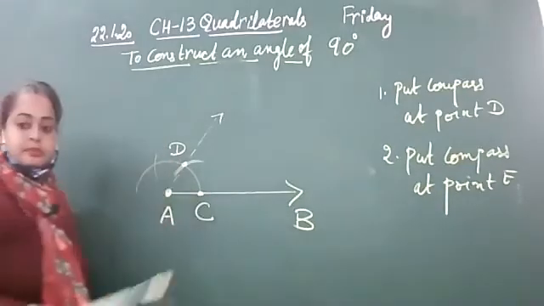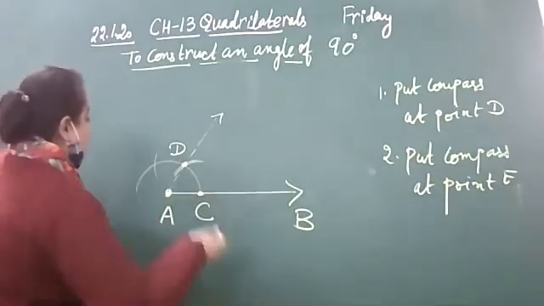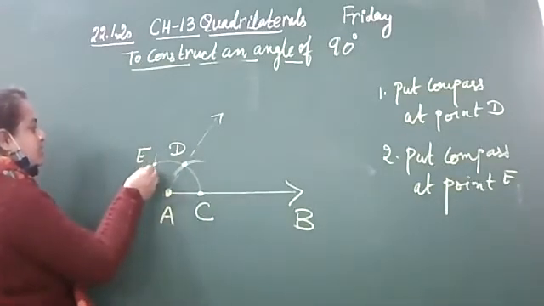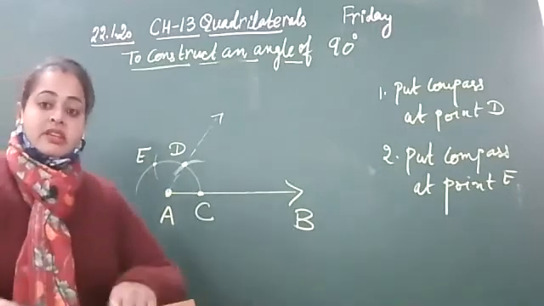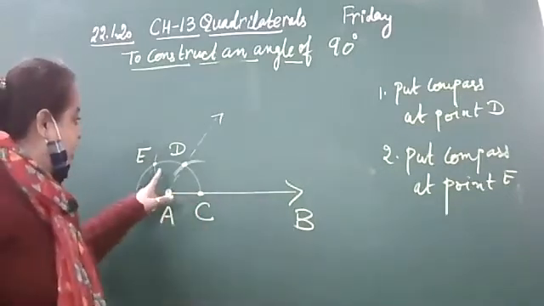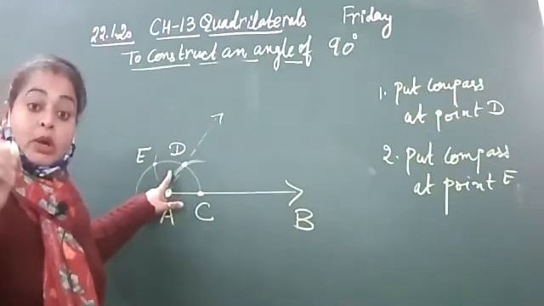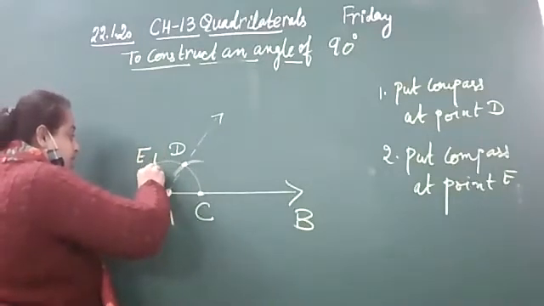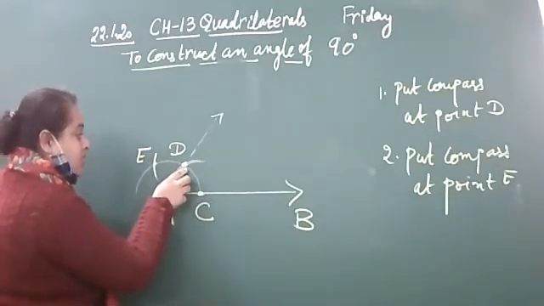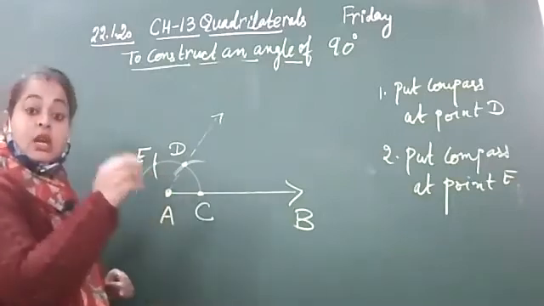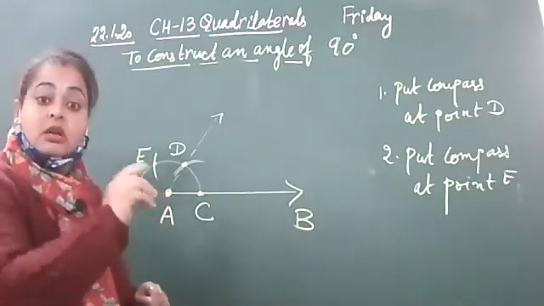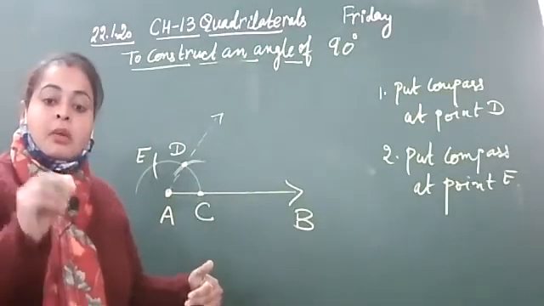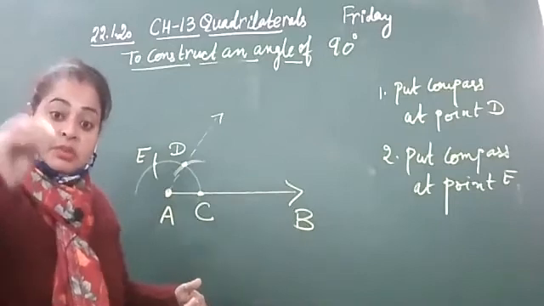This is point E. Students, note down very, very carefully. Mark the point on the semicircle. Fine. Mark point C, mark point D, and mark point E on the semicircle, not outside, not here and there. Okay, mark the point on the semicircle.